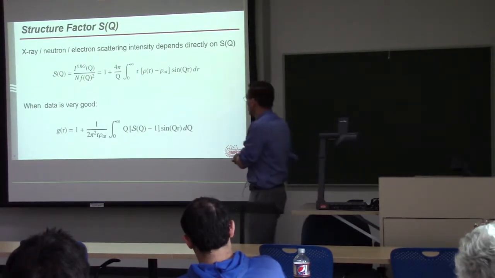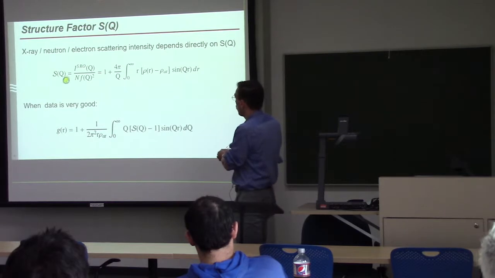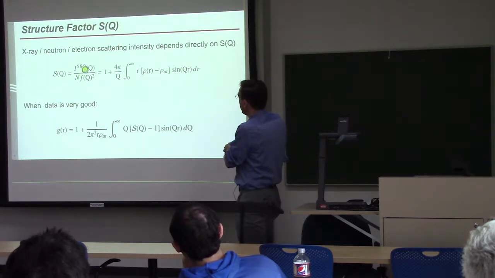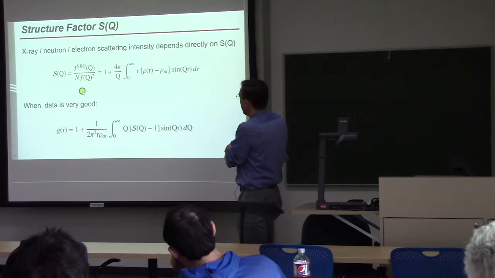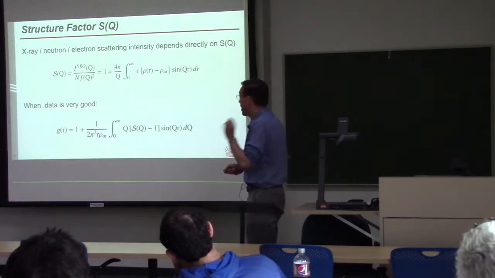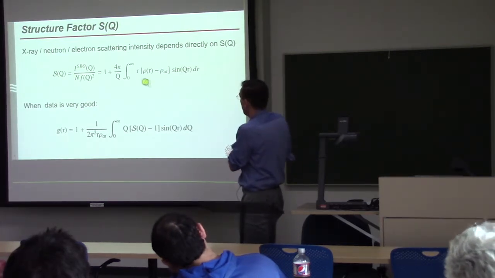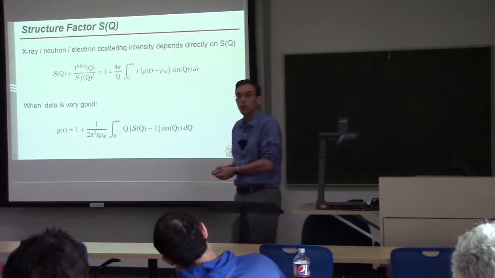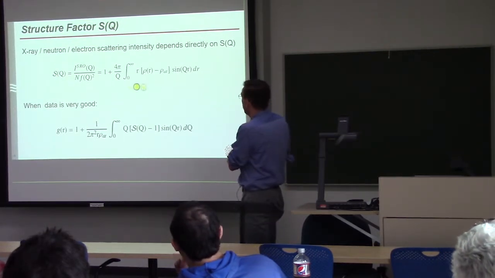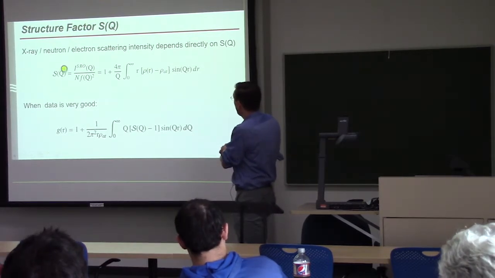The fundamental structural description that we want is something called S of Q. That is a parameter that describes the ordering. And it turns out that the S of Q is exactly the intensity as a function of Q divided by how many atoms you have and how much each one scatters. That works, exactly. And even better, S of Q turns out to be the sine transform of the atomic density. So if you have the atomic density, you can predict S of Q, or there's a problem here because this has a phase factor we don't know. We can't quite go backwards, but you can almost go backwards.